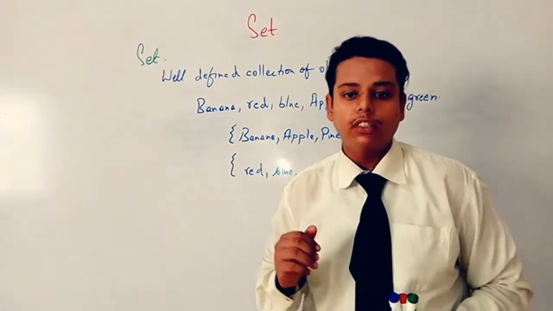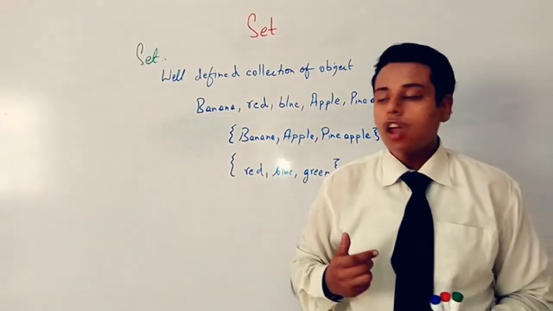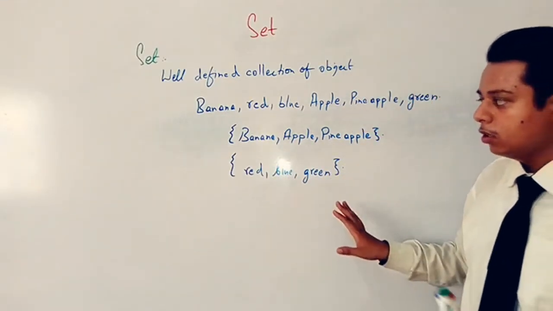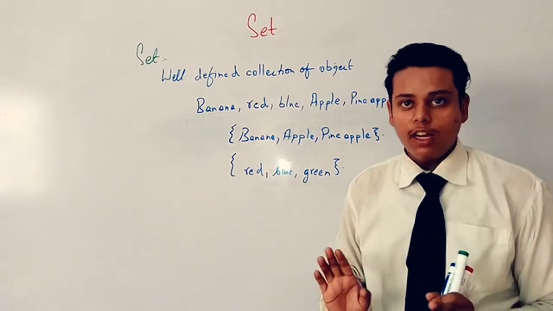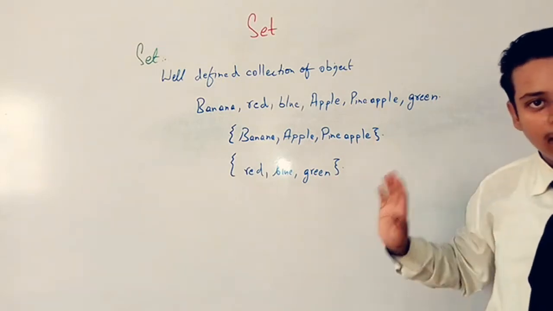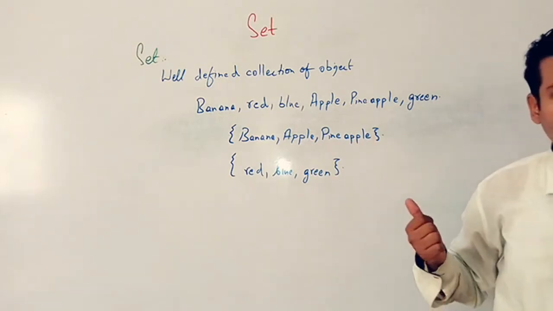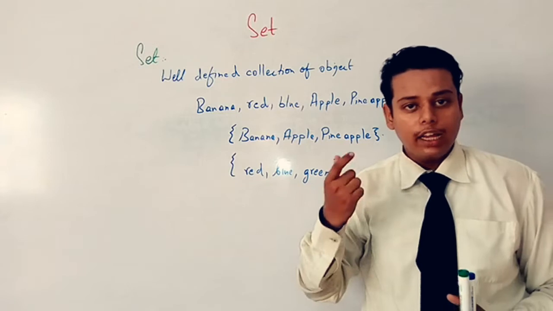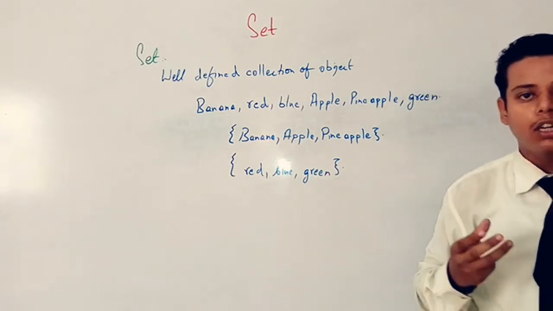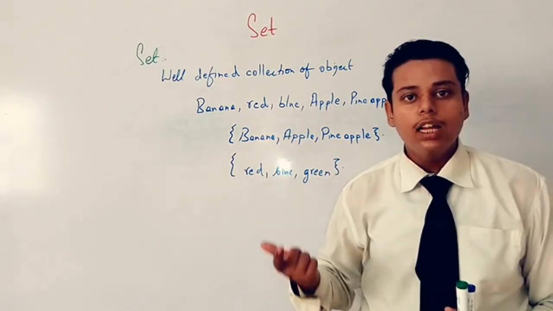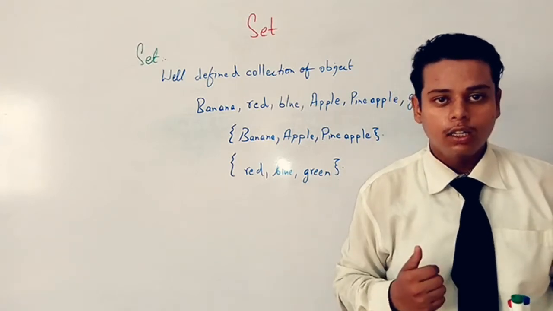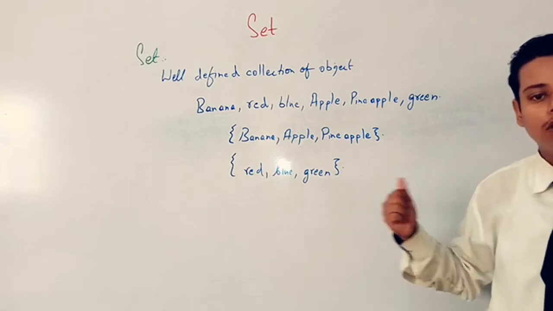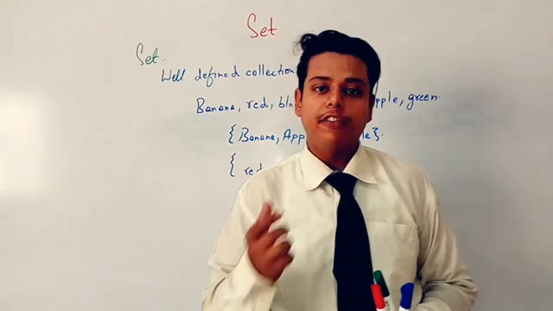Now come first of all, what are the main things which are using in the sets? Means main components क्या होते हैं sets के? We have learned that what is a set? Set is a well-defined collection of object. Means कोई एक जैसे चीजें को जब हम separate out कर लेते हैं तो that is called the set. And why we need the set? That is a question. हमें पता भी तो होना चाहिए हम set को use करते हैं. क्यों use करते हैं? To separate out the things in a different groups.